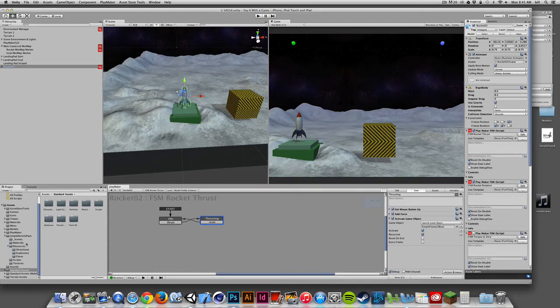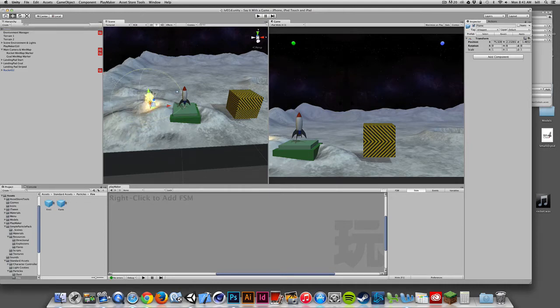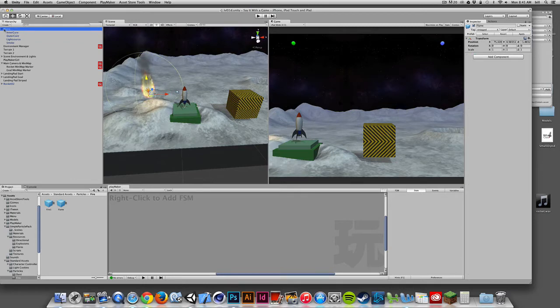And just to run through this really quickly, if I go into my assets, standard assets, I could open up some particles. And from the particles that come with this package, if I wanted to start off with maybe a simple flame or fire, maybe I want to use this as my rocket thrust. I could take this flame and go in and find the different elements in here and dial those in. Now I'm going to get rid of the flame,